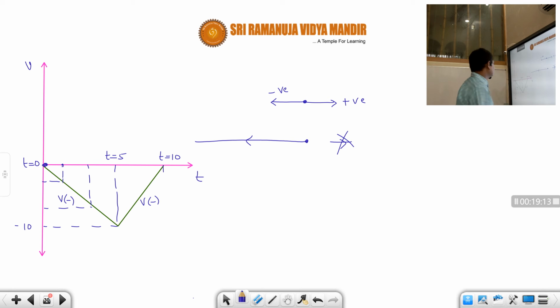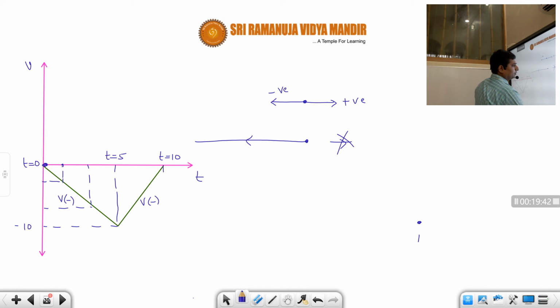Okay students, the velocity is negative. But of course, its velocity is changing at every moment. So if you want to draw the motion diagram, you can easily draw. Initially it is 0, that means velocity is 0, then maybe 1 meter per second, then 2 meter per second, then it will increase like this. Correct or not students? So it keeps on increasing. Then after some time, I'll draw it here students.